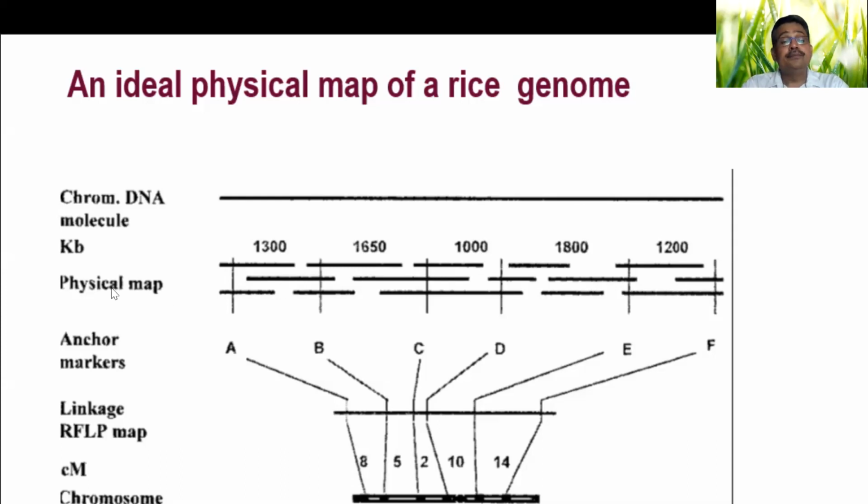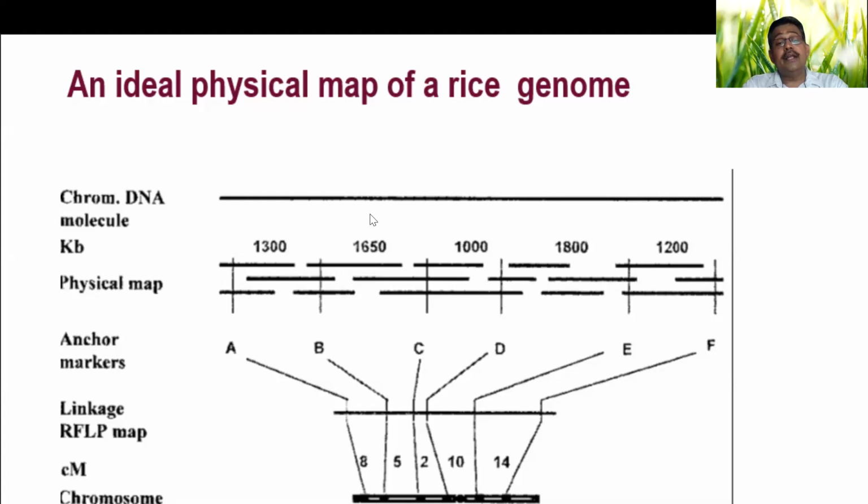In the physical map, we can see individual BAC clones arranged orderly, which we call a contig assembly. At present, with the NGS platform, when you sequence the whole genome, the individual contigs are also aligned. That means short sequences are arranged as contigs, and they reassemble the whole chromosome. For the classical rice map and other maps like maize, they went for BAC-end sequencing and aligned them as a BAC-based physical map.